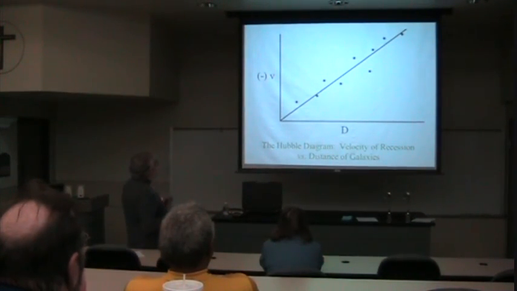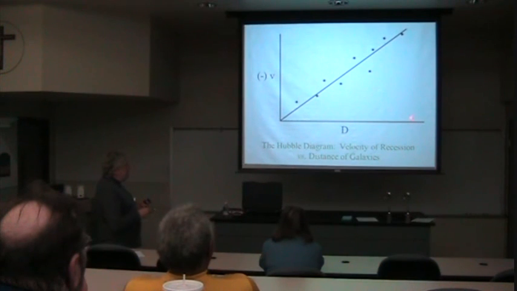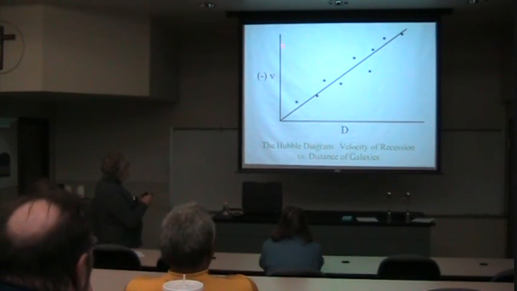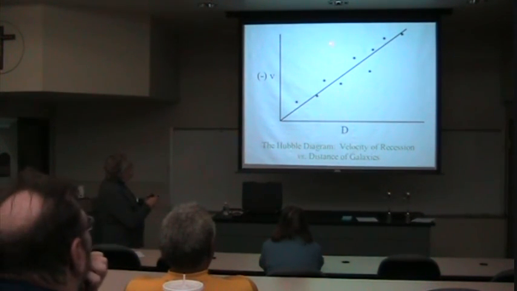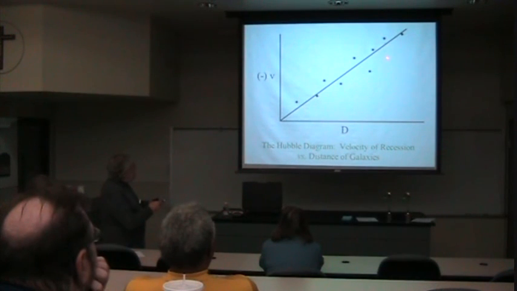Here's how we use it. Suppose we measure the velocity that it's receding. That's the easy part, isn't it? We just take the spectrum, see the line shifted, calculate with that equation. Measuring the distance is really hard. We can only do that accurately for ones that are close by. But if we measure the velocity of the very distant one, read over to the graph, and then